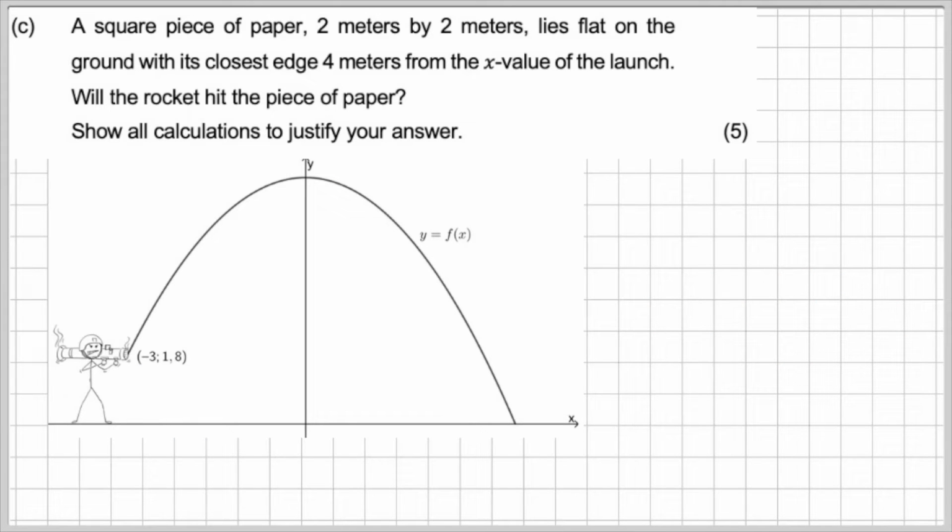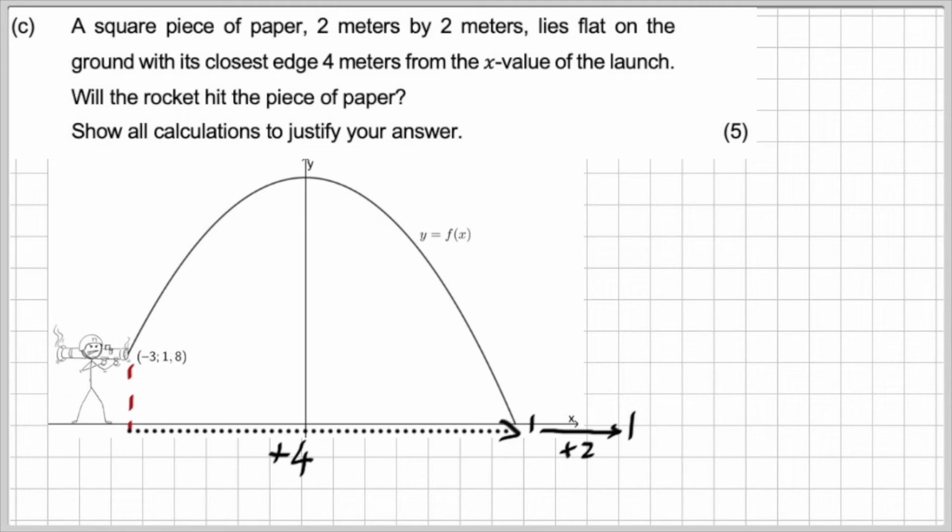Oh man, this was lekker. A square piece of paper, 2 meters by 2 meters, lies flat on the ground with its closest edge 4 meters from the x value of the launch. Okay, so let's draw that. So 4 meters from the x value, they place a square piece of paper that is 2 meters by 2 meters. Will it hit